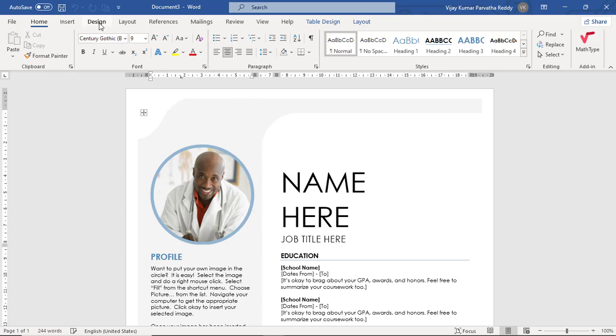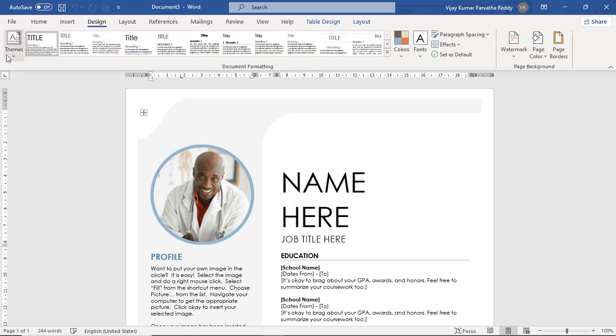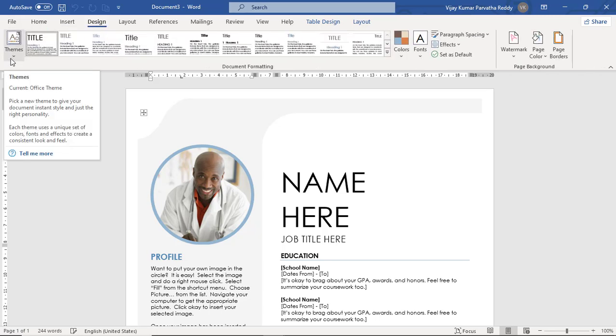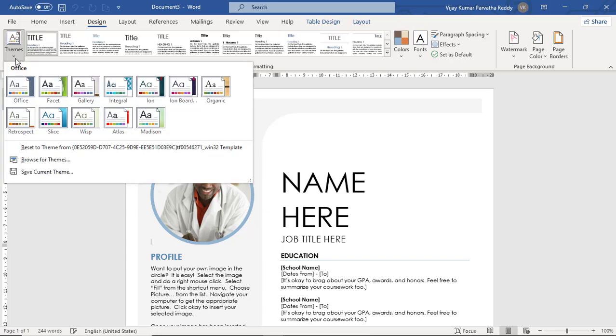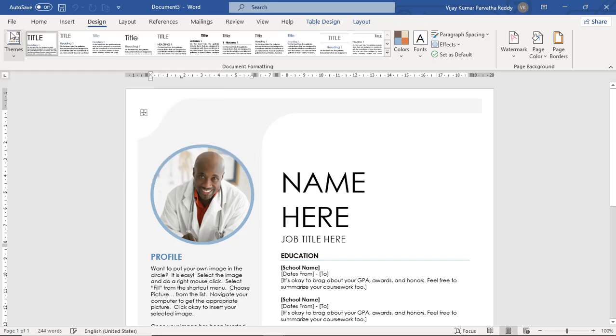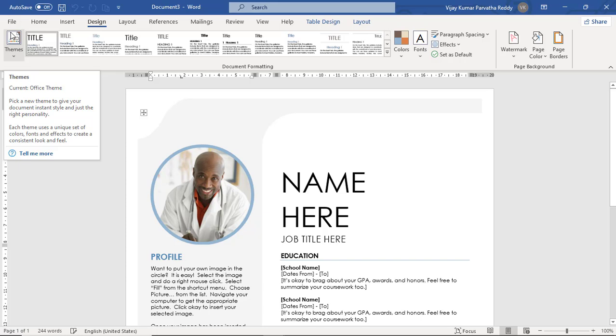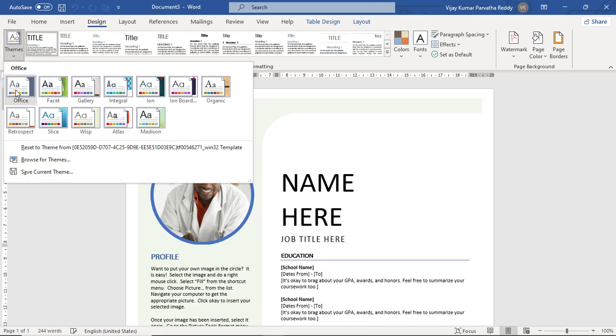See, for this I am going to the Design tab and applying themes. So what is a theme? See, pick a theme to give your document instant style and just the right personality. So instantly there is a predefined set of themes.